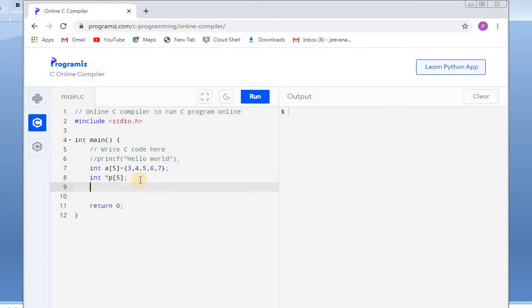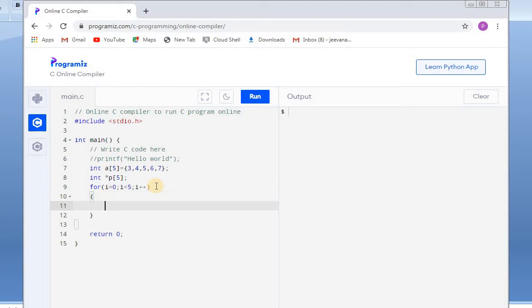Then for I is equal to 0, I less than 5, as I'm declaring the values directly here itself. So I'm mentioning 5, that is up to 5 values it will be printing. So I plus plus.